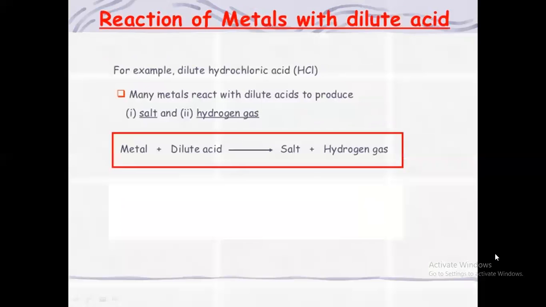Okay, now let's move towards the next slide. Now we will see the reaction of metals with dilute acids, right? When metal reacts with dilute acids, then metal salt will be formed and hydrogen gas is produced. Clear? If you see the reactivity of metals through this series, you will know that